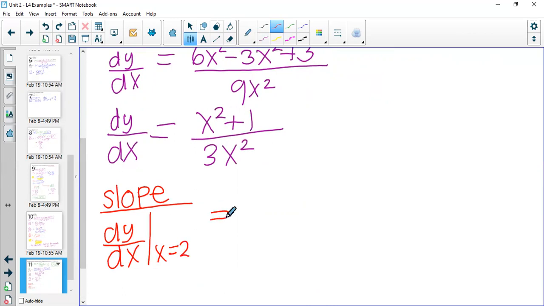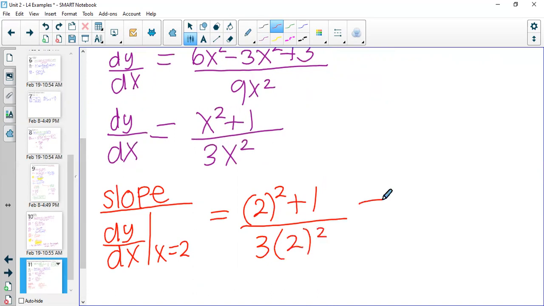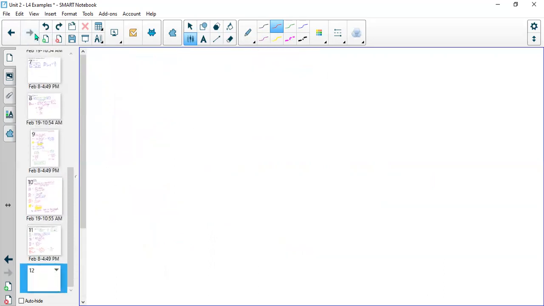So that's going to involve substituting 2 squared plus 1 over 3 times 2 squared, which is going to give me a slope of 5 over 12. So finally, to find the equation of the tangent line,